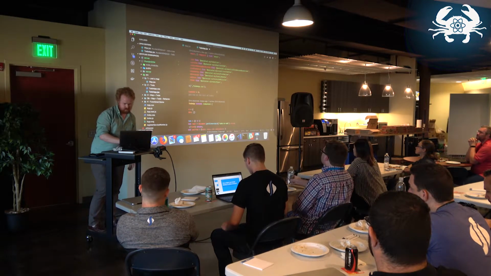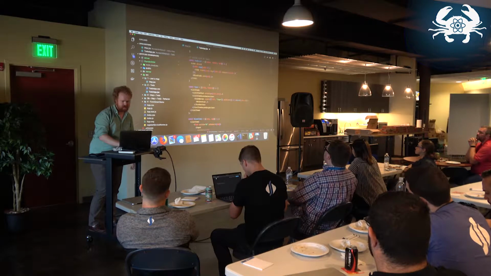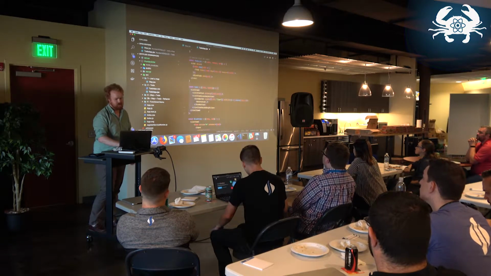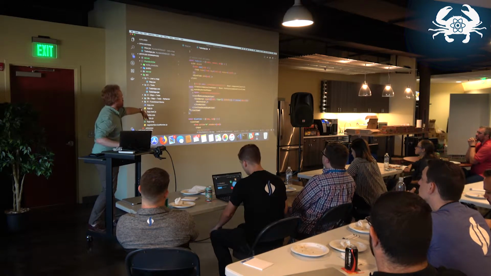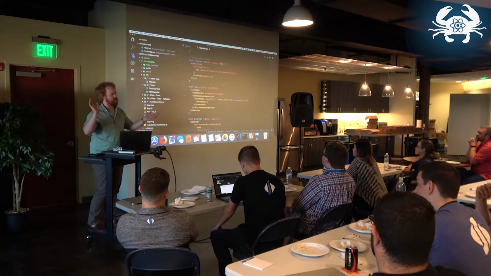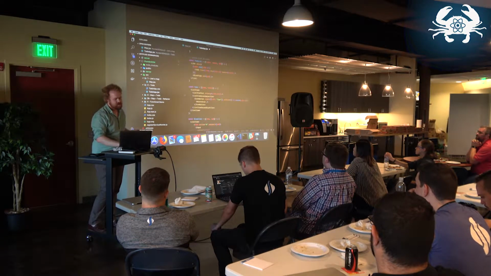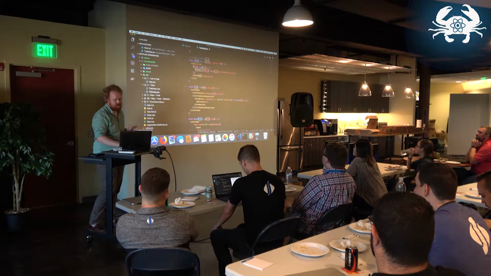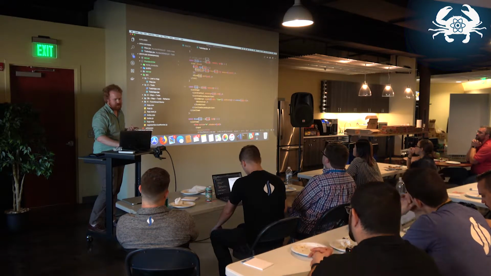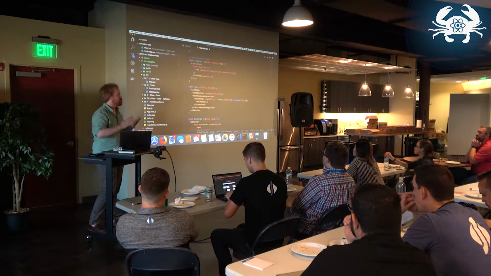Oh, my thumb is on the trackpad. Okay, so we're basically just defining a bunch of individual functional components. Don't pay attention to the list item and all of that stuff because that is just the Material UI library that I'm using. These could be divs and spans. It doesn't really matter. But, so for the to-do, we have this function that's just going to spit out something where we have a to-do.text,